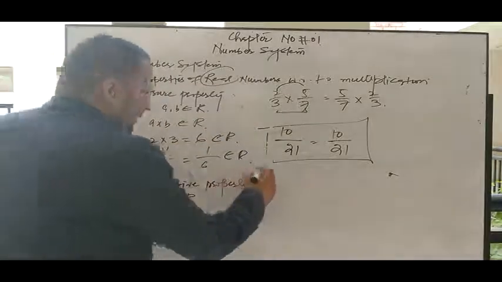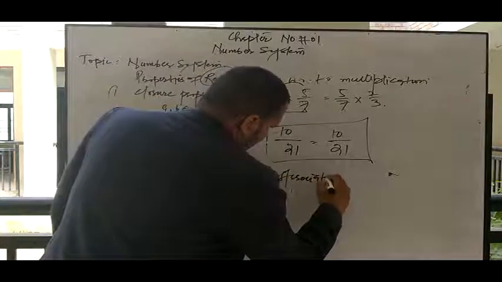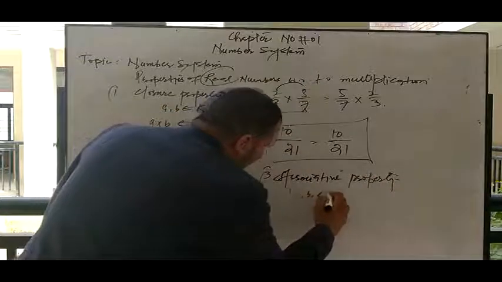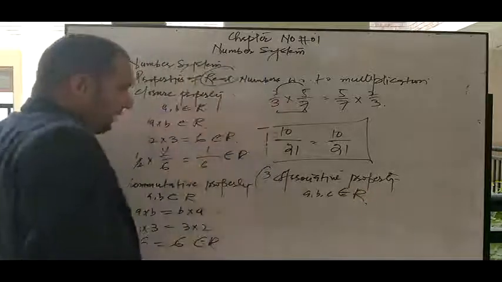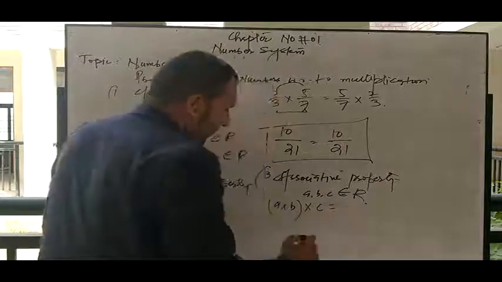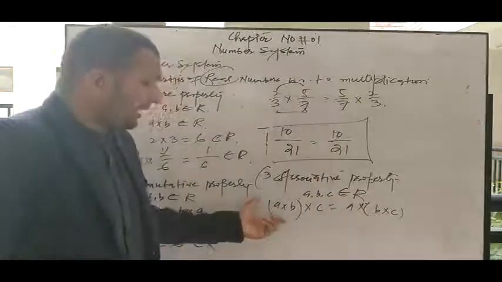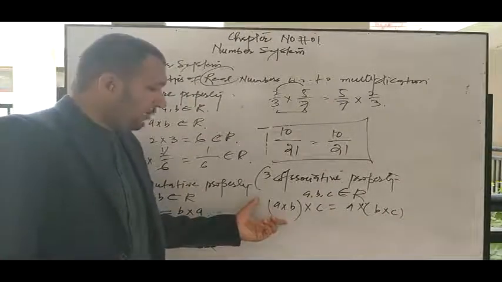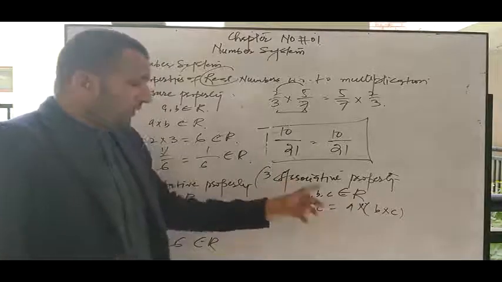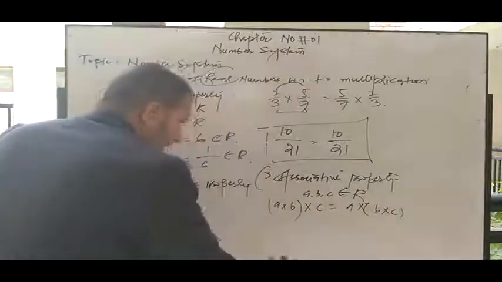Again the third property is the associative property. Again the associative property is satisfied with 3 values A, B, C belonging to real numbers. Again A multiply B multiply C is equal to A multiply B into C. In this condition, on the left hand side, first we take the values A comma B in bracket, and the third value is out of the bracket. And on the right hand side, we take the first value A out of the bracket, second and third in bracket. But the property is satisfied, the value of the answer is equal.